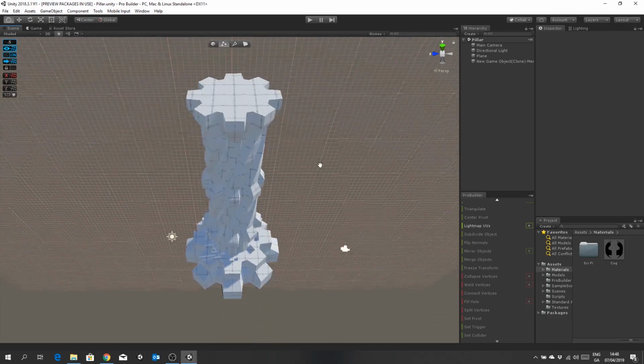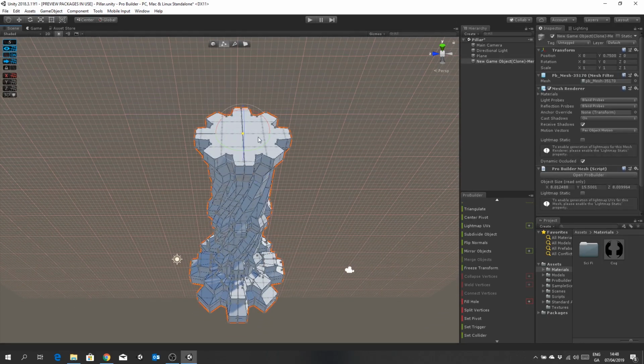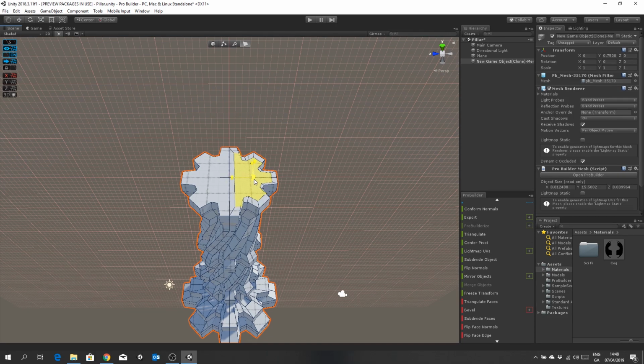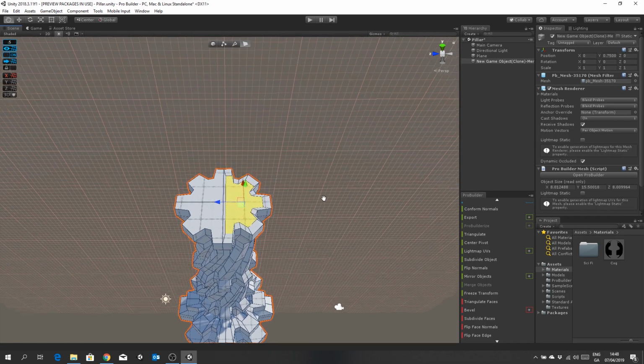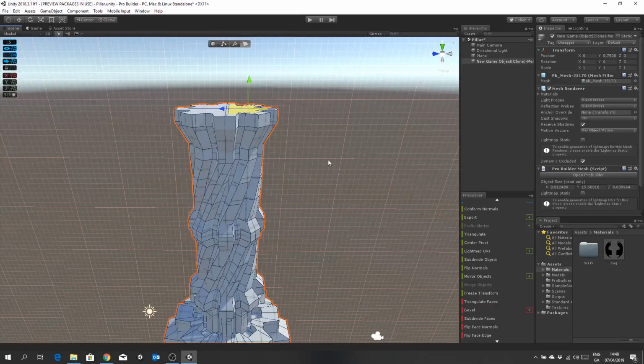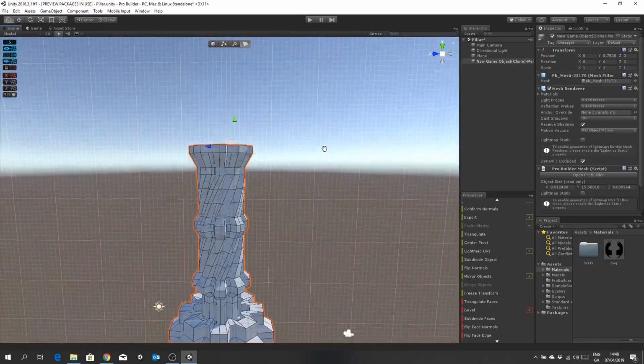Okay, so now what I want to do is create my arch. So let's take these planes. Sorry, these faces, and let's inset those slightly. So using the scale tool and shift, scale that down that way, and then let's move it over a little bit. Now ProGrids is probably not going to let you snap this. Oh, I tell a lie, that's perfect. Okay, right. Yeah, so just remember you can always turn ProGrids on and off depending on what you're doing. Right, so I'm going to create an archway,